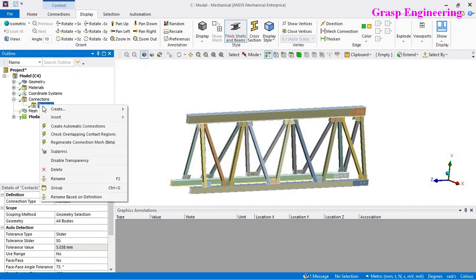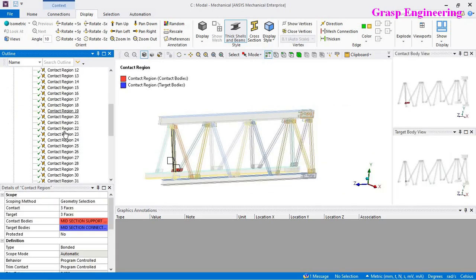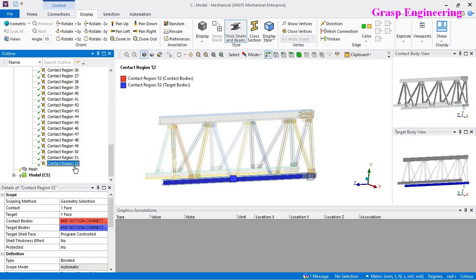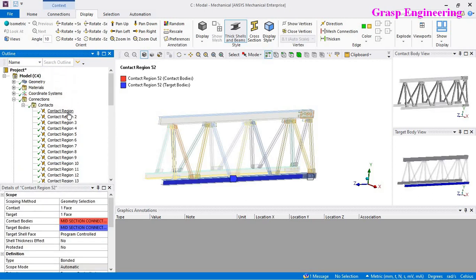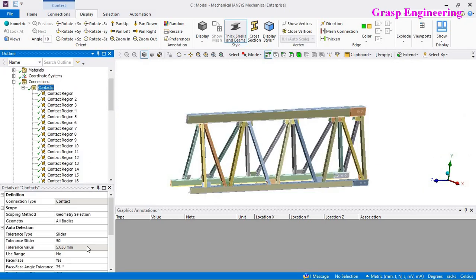Okay, now create automatic connections. Now you can see that based on your tolerance value of 5 mm, it creates the contacts. Earlier we saw that there were 127 contacts. Now there are only 52 contacts. So that is the major role it plays.